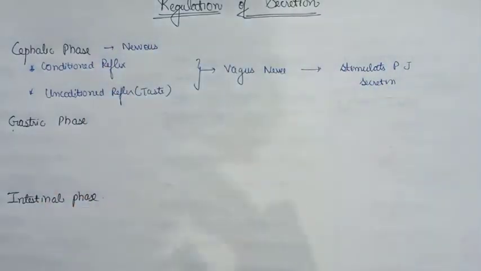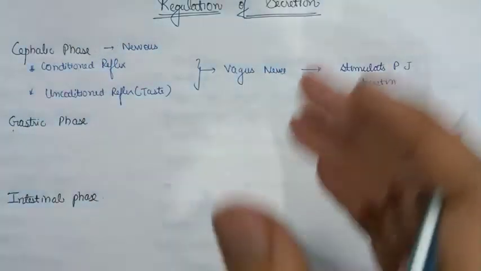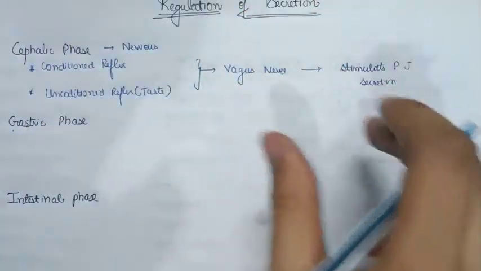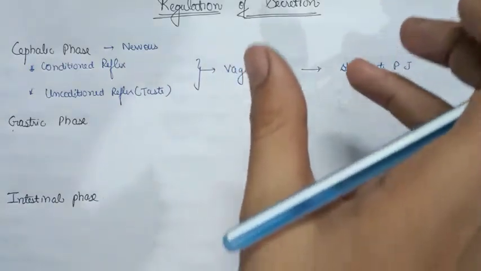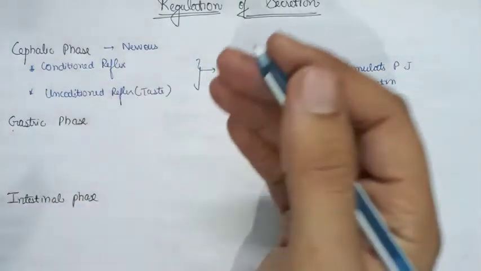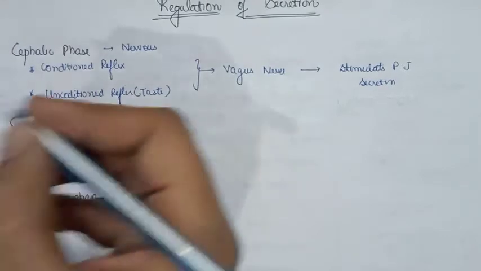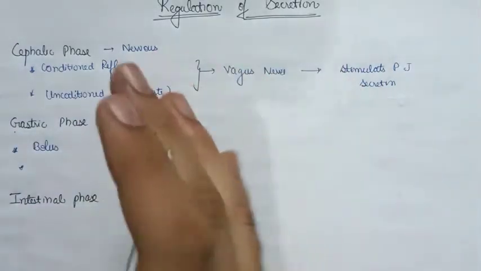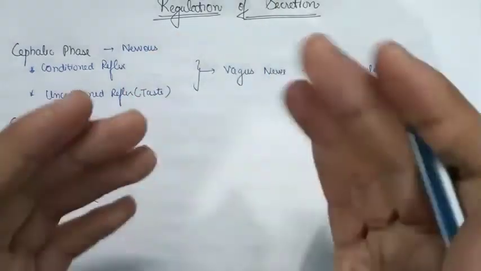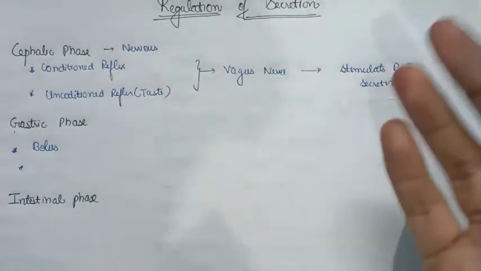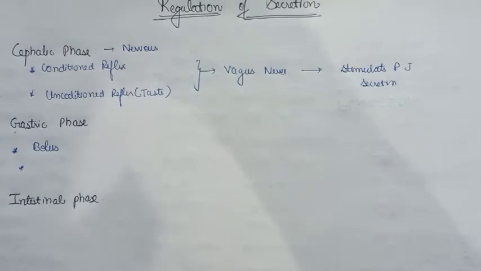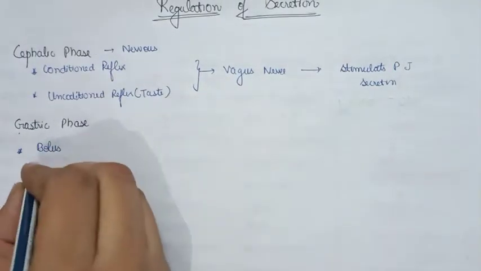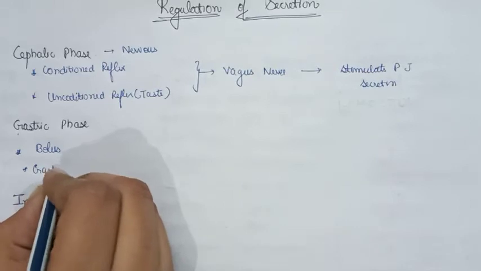Okay, now let's talk about the gastric phase. Suppose you have eaten a burger, it has passed to the pharynx, oropharynx, then laryngopharynx, then it has entered through the esophagus, and then it has entered the stomach. Now when it has entered the stomach, it has become a bolus. The food will also stimulate the secretion of different gastric juices, which are secreted by the different cells, it may be chief cells, peptic cells or the mucosal cells. All this comes under the heading of gastric secretion.